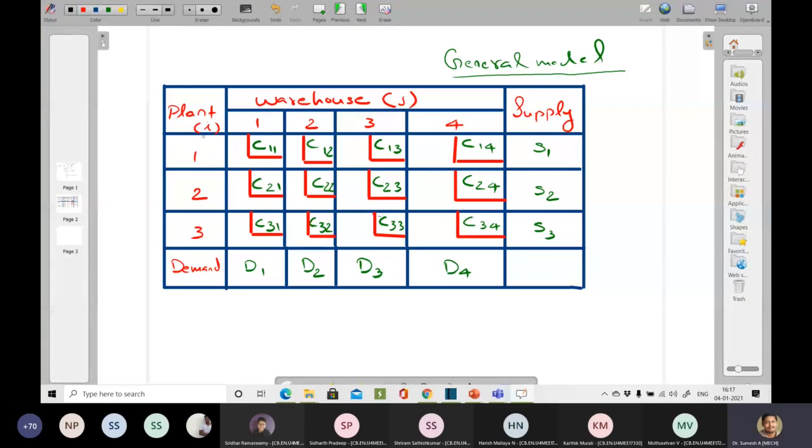You need to transport some quantity from plant 1 to warehouse 1. Then only you will be able to know what is the cost of total transportation. Am I right? From plant 1 to 1, the cost is given. Now the quantity whatever you need to transfer, that you have to take into account. So I will mark it as X11,